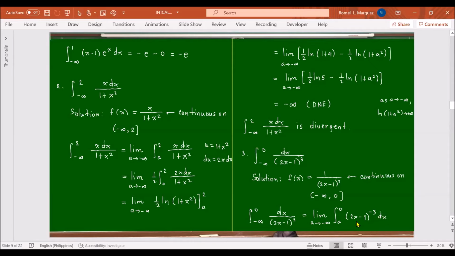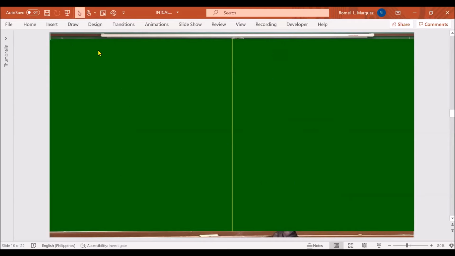So we can evaluate this using what? The general power formula. Okay? So our u is equal to 2x minus 1, du is equal to 2 dx. So the integral from negative infinity to 0 of dx over (2x minus 1) cubed is equal to the limit as a approaches negative infinity of the integral from a to